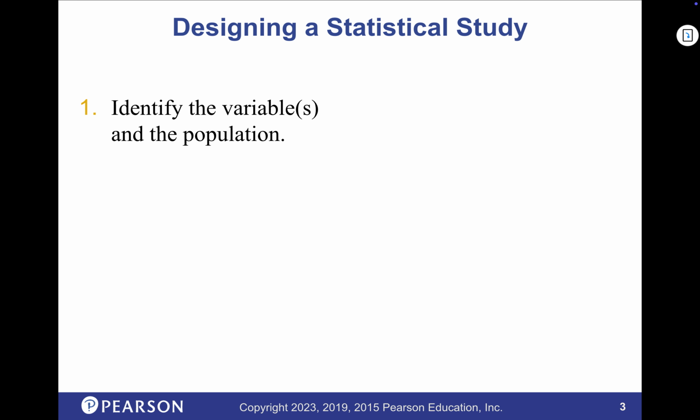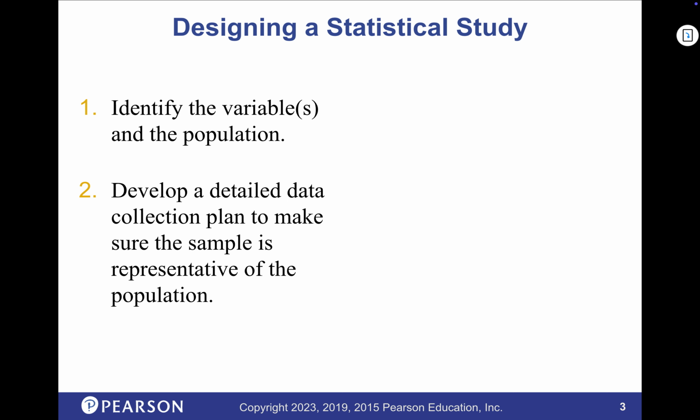So when we do a study, what do we want to know? What are the variables we want? And there might be more than one. Okay. Secondly, that's when we develop our plan. How are we going to collect the data that gets our variables, right? Knowing our population, how do we get that sample from that population so that it's representative? There's this many women and this many men, so we have that same sort of mix in it.